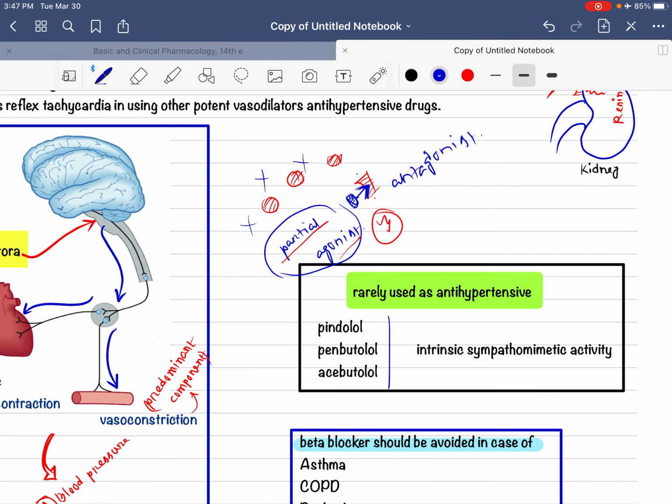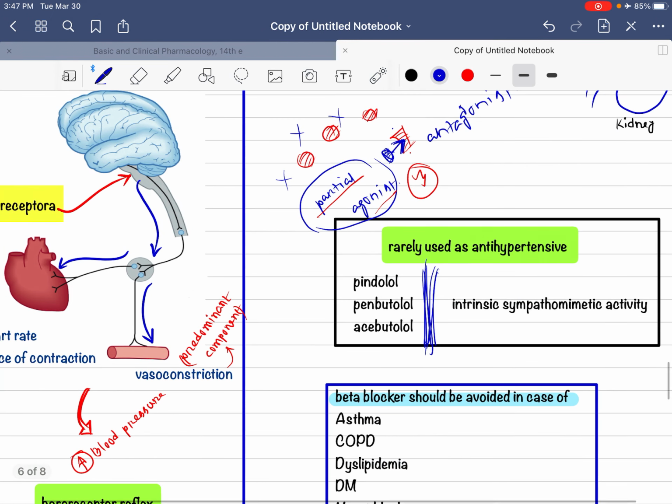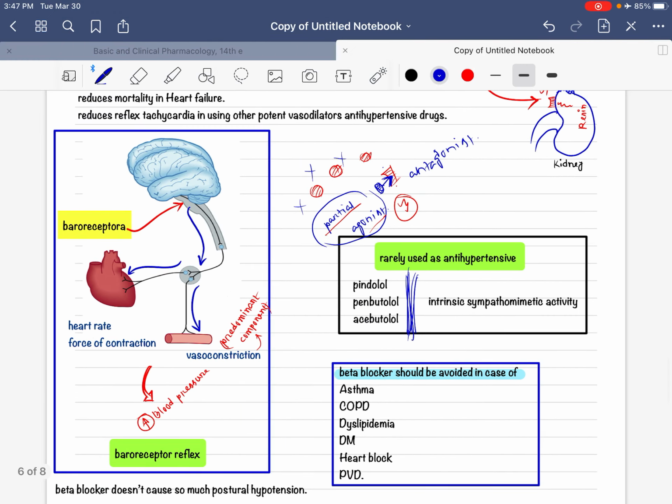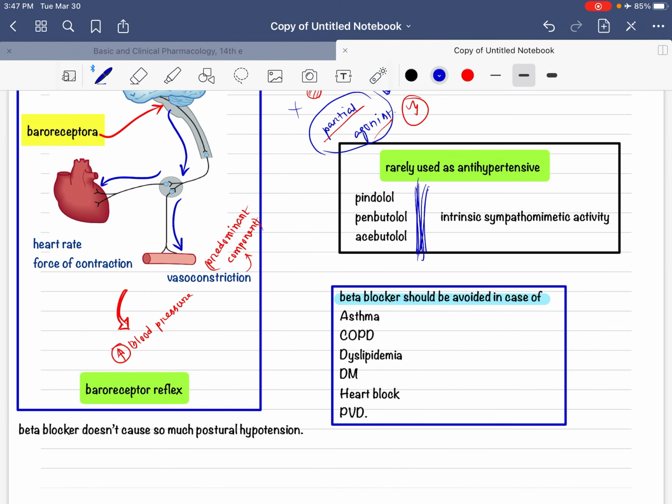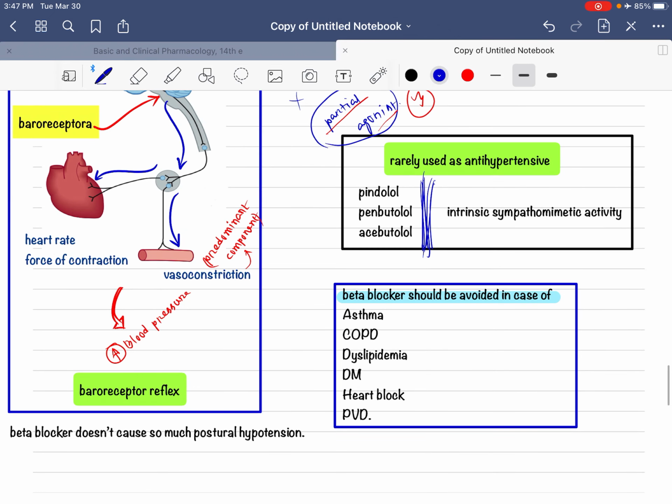So these drugs are not commonly used as antihypertensive drugs because they have sympathomimetic activity and they can increase the blood pressure instead of decreasing the hypertension. Okay, and another most important information about beta blockers is that in some cases we cannot use the beta blocker, such as in patients with asthma, chronic obstructive pulmonary disease, and dyslipidemia, because beta blocker drugs increase the triglyceride level, and in case of diabetes mellitus,